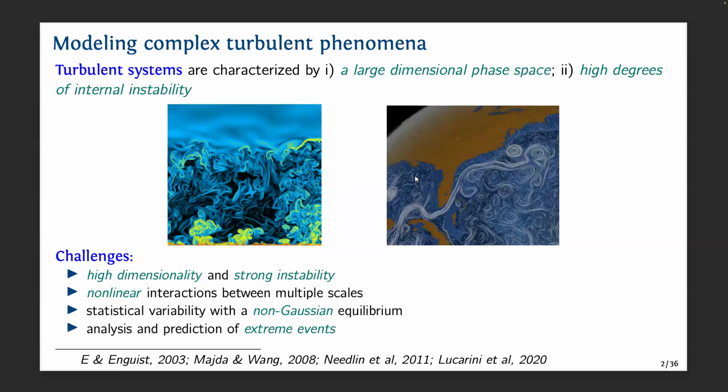So let me give you another example on the right. This is the illustration of the ocean jets. The white strips are the streamlines of the fluid field, and you can observe there is this dominant zonal jet structure. And this structure is actually very impactful for many types of important climate events.